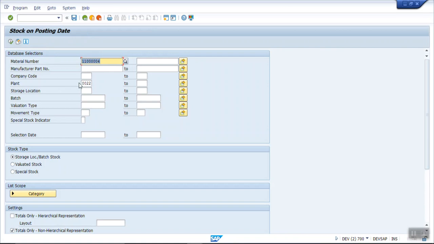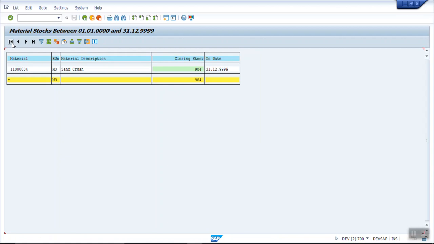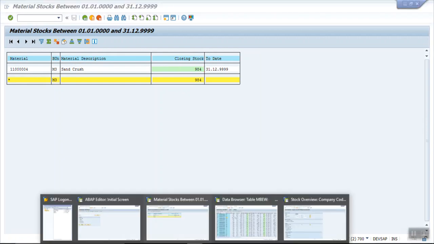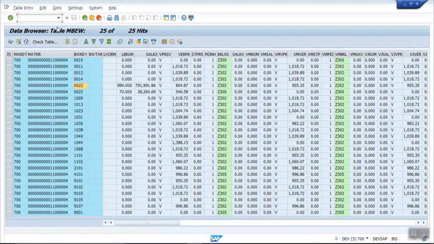Here we have to enter the plant if you want the plant wise stock. You can see the stock quantity is 984, and in the table, that is MBEW, we have the same material with different valuation area. The quantity is 984 and the value is 7,91,991.